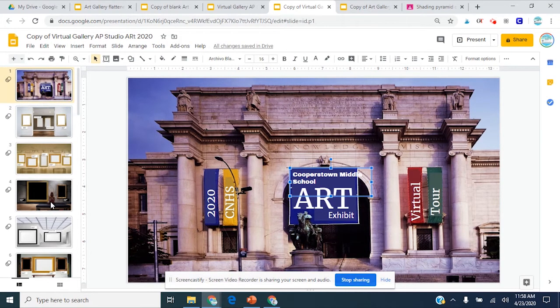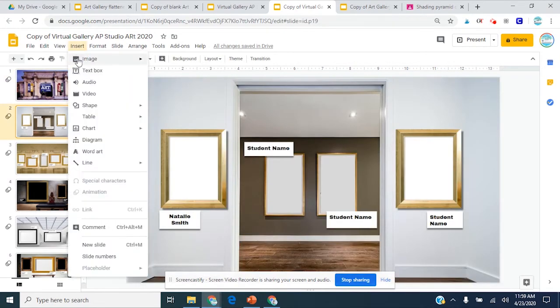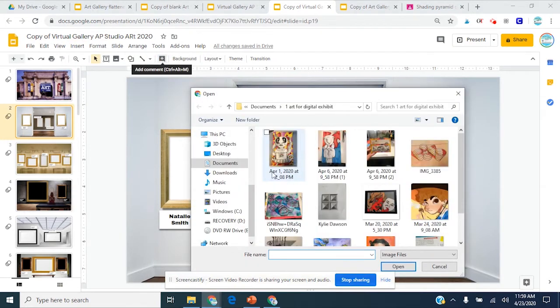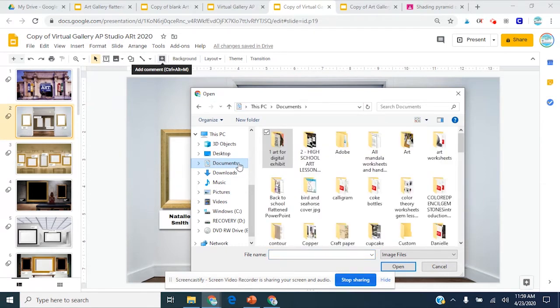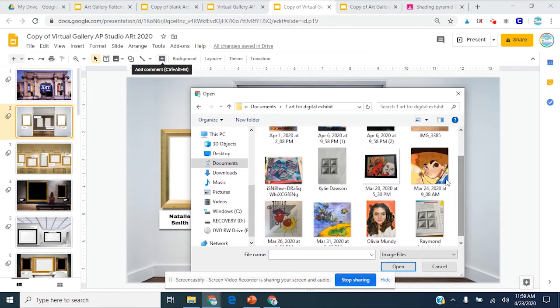So then all your slides are over here on the left. Now I'm going to go to my next slide, and I'm going to insert some photos. I'm going to go to Insert, Image, Upload from Computer, and I have my images. This is just a little trick. Saved under Documents, wherever I'm working, when I'm adding photos to something or working on a project, I always name the folder with the number 1 first, because that'll always put it in the first folder so you don't have to scroll through and look for all your folders. So it's going to be in here, number 1, Art for Digital Exhibition. And then I choose the image that I want to insert